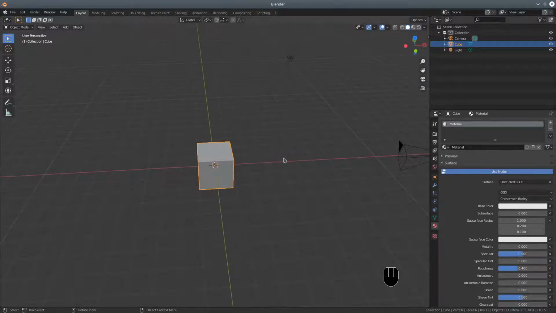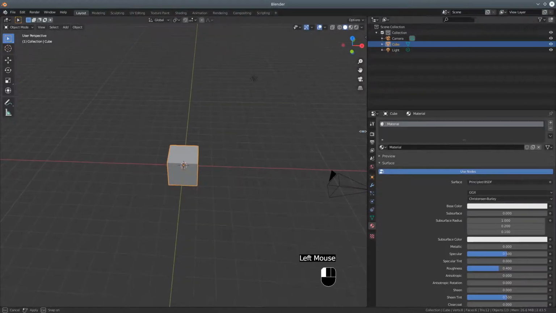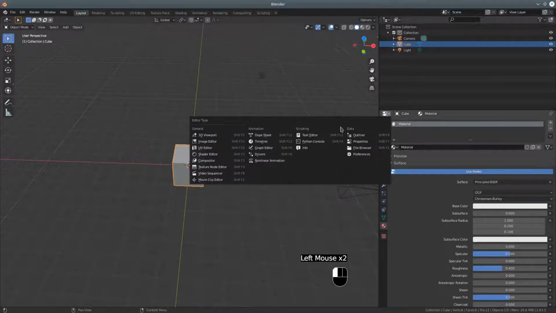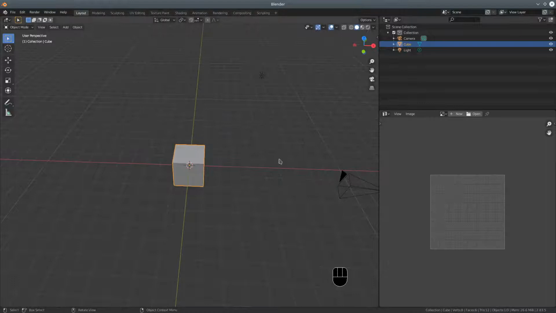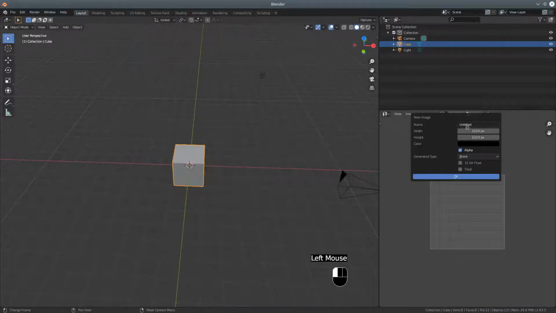So first of all, let's begin by unwrapping our cube, and to do that, just to make it a little bit easier to see what's going on, I'm going to go to the UV editor and select a new texture. I'm going to call it UV map. We've got an option here to generate a blank texture with alpha. We don't actually need alpha, but if you click on the generator type, there's also some nice options for a color grid, which is a grid of colored squares, or a UV grid, which is a kind of less attractive grid. So let's go with the UV grid and say OK,